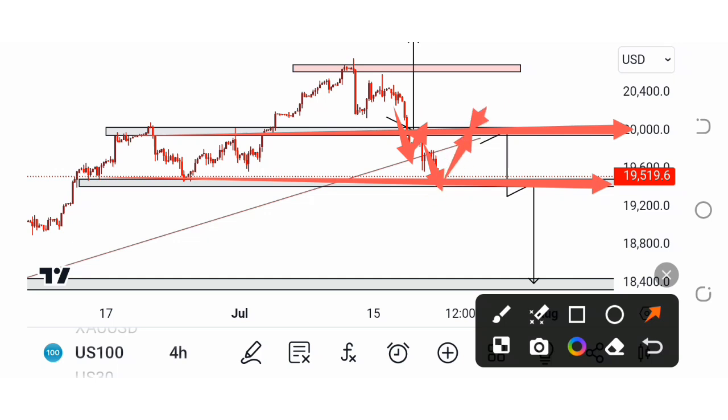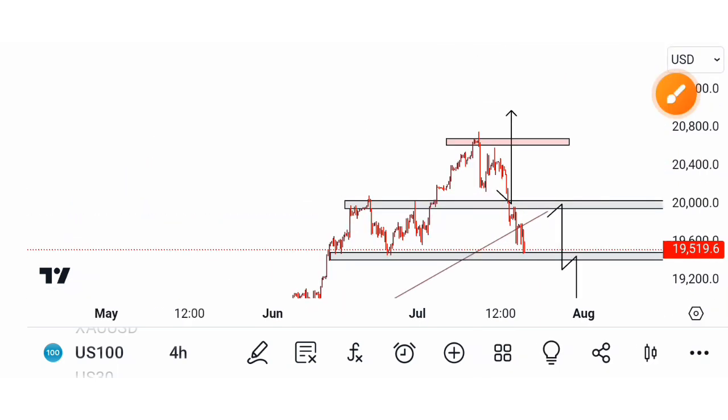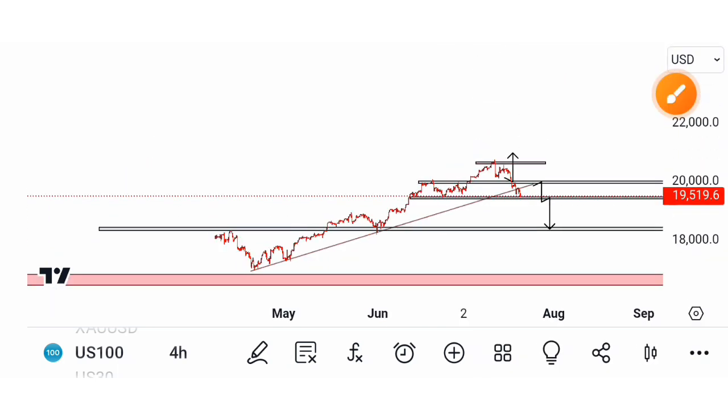So for the week that is coming, assuming that this support is going to hold, maybe the market might want to buy a little bit, come to this resistance, and if it does, then this is where I want to look for sales. And if the market ends up breaking below this area of support, you know the rules of trading: an old support broken becomes a newly formed resistance. So if the market breaks this support, it turns into a newly formed resistance, and this is where again I want to take sales,